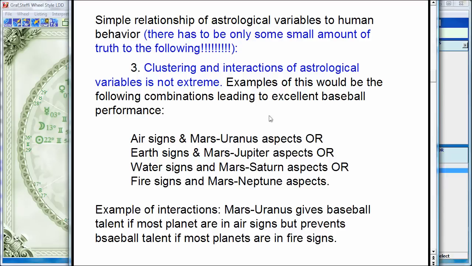Okay, so third thing is, if you think your astrological variables have a lot of interactions and clustering, then extreme case sampling can become more difficult. It gets harder to find out what's going on. So, for example, at the bottom here, I said, suppose that Mars-Uranus aspects give baseball talent if most planets are in air signs, but if you have most planets in fire signs,